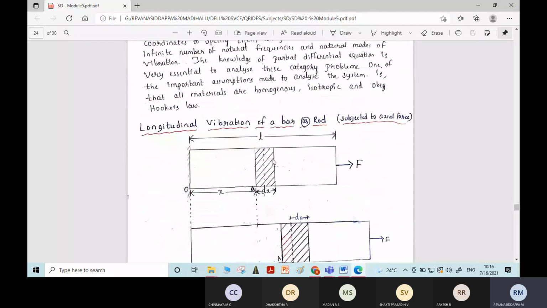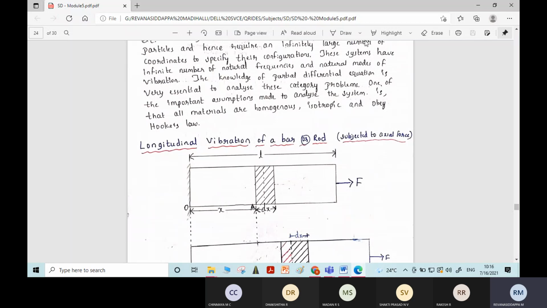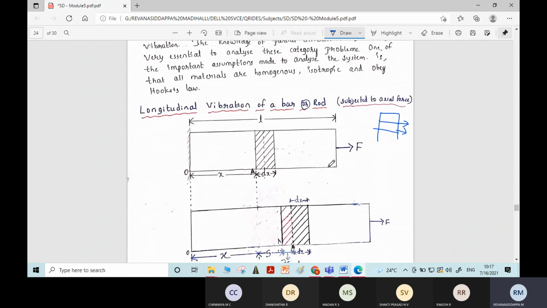If you take structural frames, they will have some joints. At the joints of the frame, we take the deflections or deformations. But if you take a beam, which is a continuous system, there will be a continuous distribution of mass throughout the length. In this case, how do we derive the equation of motion? That is what we will study in this derivation.